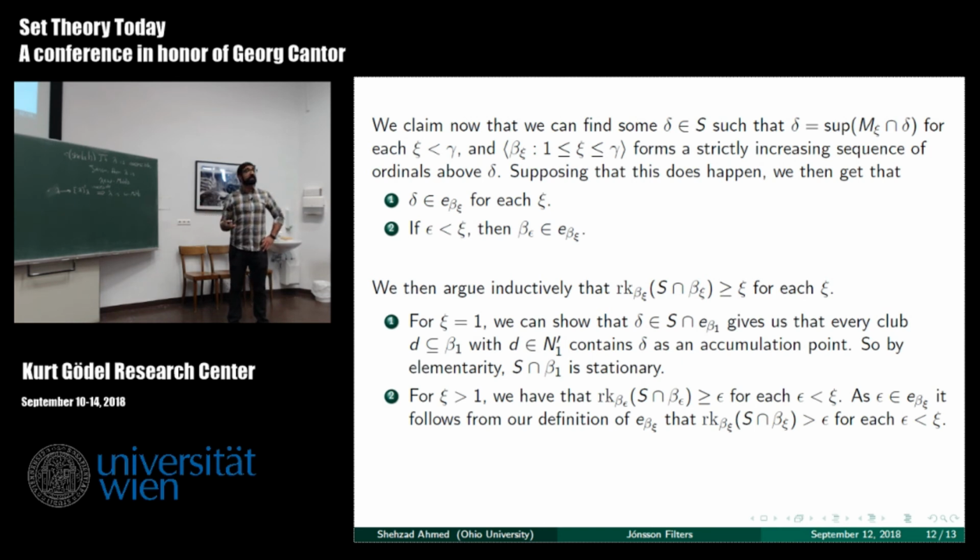The point of this is that this is a beefed up, or strengthened, version of the Treybig-Woodin argument that gets you that every stationary subset of lambda reflects under the assumption that lambda is Jónsson. So we just use this Jónsson filter property to beef this up and strengthen it a little bit.